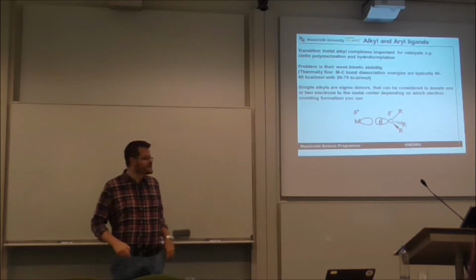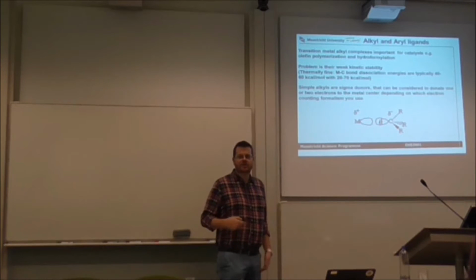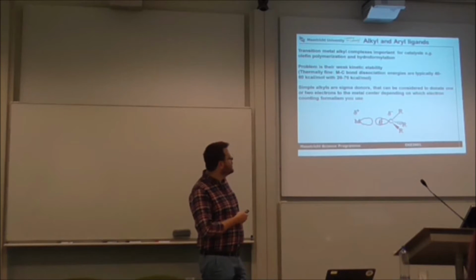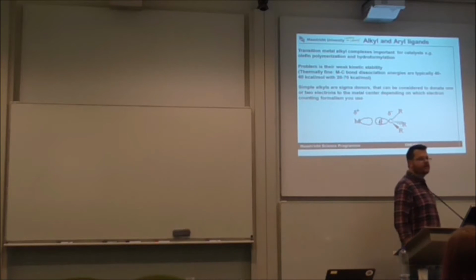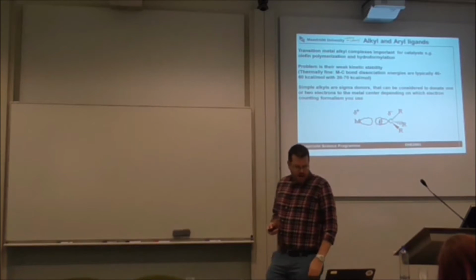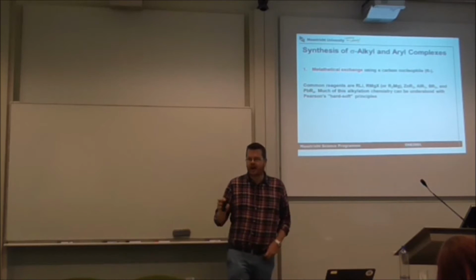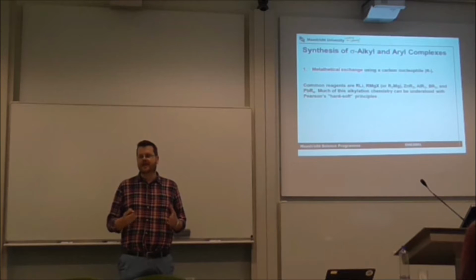Another way of looking at it, that's if you go with the ionic counting methodology, if you treat it as a -1 donor. Another way is to think that you have one electron in this orbital, one electron in the metal orbital, and they form a covalent bond. Remember, it depends on how you do the counting, whether you do ionic or covalent. So, what I want us to do now is build up a toolbox of reactions that we can employ